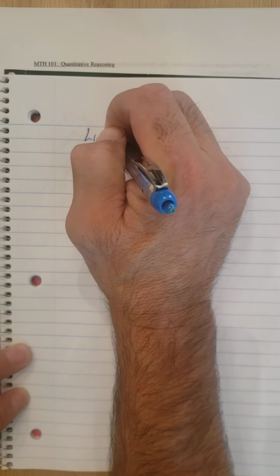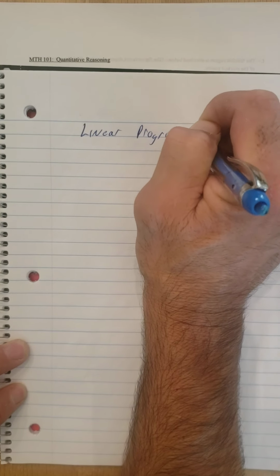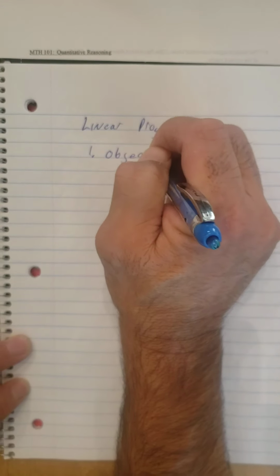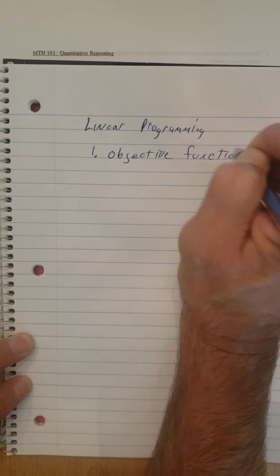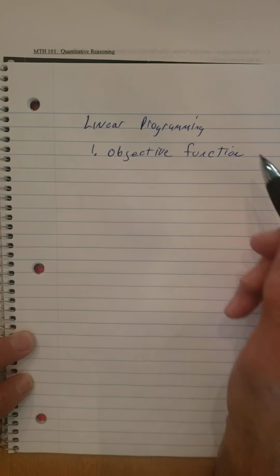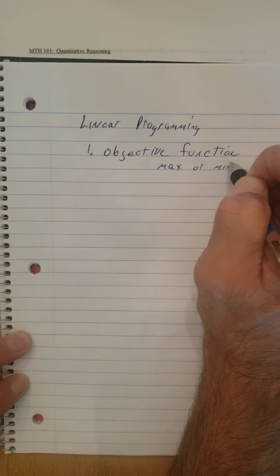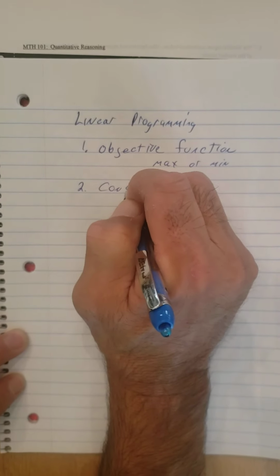But when we do linear programming, there's three things we got to have. The first thing is an objective function. Okay, this is the objective. This is the point of what we're trying to do. Usually this is going to be a maximum or a minimum. Okay. Then the second thing